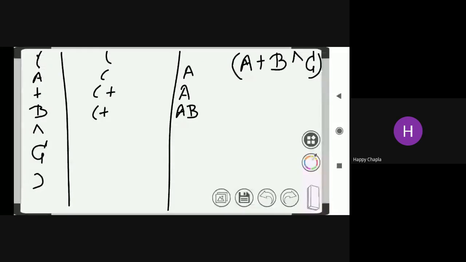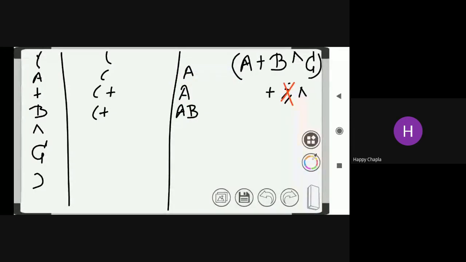Now I am encountering the power sign. What is the rule? Check the precedence. Plus is the top of the stack. Is plus greater or equal to my power sign? Check it. No, that is wrong, so the pop rule does not apply.